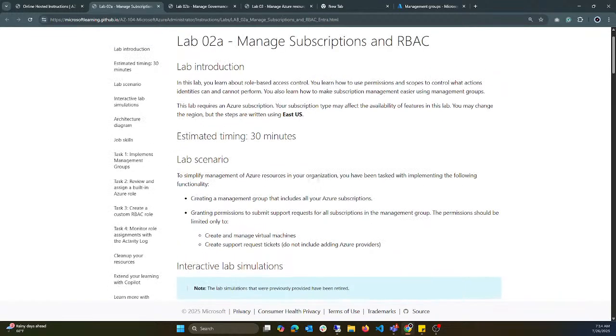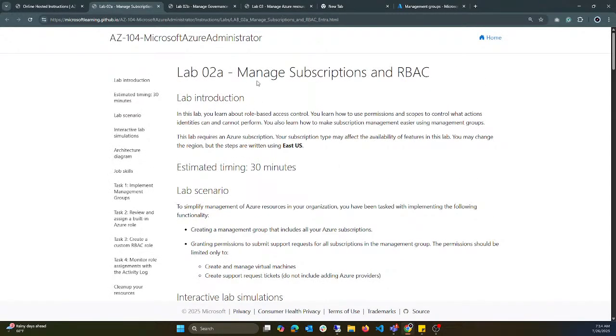So let's go ahead. In this lab, we are going to be talking about how to manage those subscriptions and RBAC. What is RBAC? RBAC is role-based access control. Now, for these, we've got a lot of